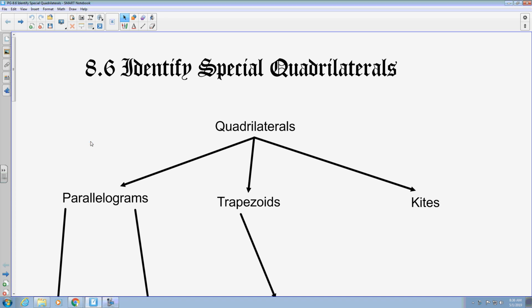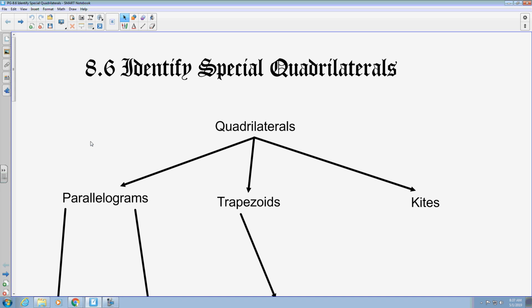All right, we're in section 8.6 where we're going to be asked to identify the special quadrilaterals. During the course of this chapter, we've been able to take a look at different quadrilaterals with their specific names and their specific characteristics. So what we are going to be asked to do is identify them, whether it's by a drawing of a particular quadrilateral, or in the notes that we're going to look at, we're going to be given